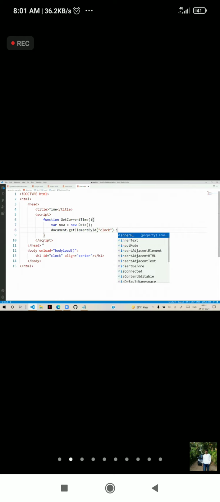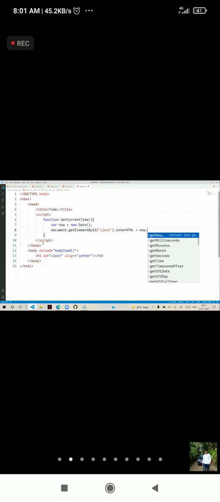Into the clock's innerHTML, we are displaying now dot toLocaleTimeString. toLocaleTimeString will display only the time. You can put hours, minutes, seconds separately, your wish; getHours, getMinutes are there. toLocaleTimeString will return the time in a short format.